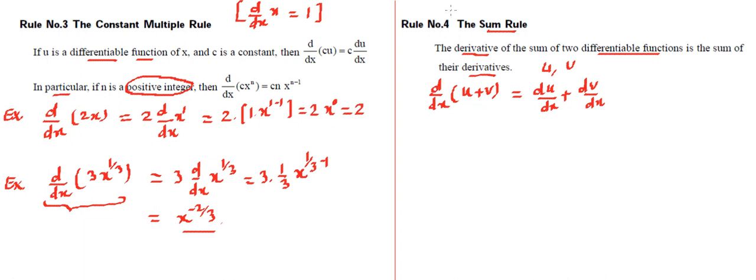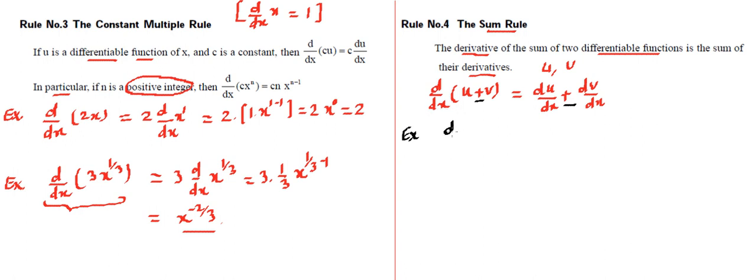And if there is a minus symbol instead of plus, then you'll find the minus symbol appearing over here, because this minus is nothing but -1, and -1 is a constant, and as per the rule of multiple, that constant will be taken outside. So whether it's a plus or minus between the two functions, the answer comes out to be the differentiation of them individually, and then putting the plus or minus whatever was there. That's called the sum rule. And a few examples will help us digest this in a better fashion.